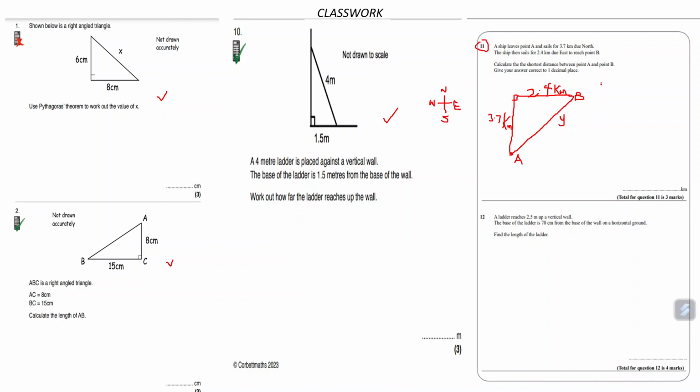To solve this, y squared is equal to, so we are looking for the longest side, so we just need to square the two other short sides, then add them both. So our y squared is equal to